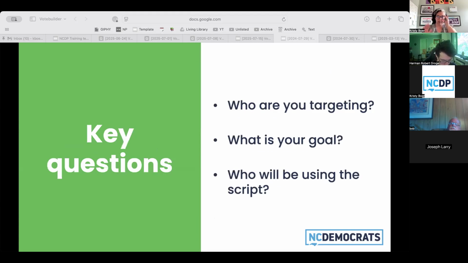For any script, and this is what Harmon was alluding to a moment ago, here are some key questions to ask. Who are you targeting? What is your goal? What are you trying to accomplish? And who's going to be using the script? So if you're targeting people who have high Democratic support scores but have never volunteered before, you're going to pull a different kind of list and you're going to write a different type of script using different survey questions for an audience, as opposed to if you are targeting,